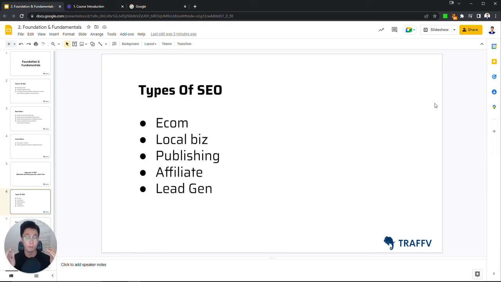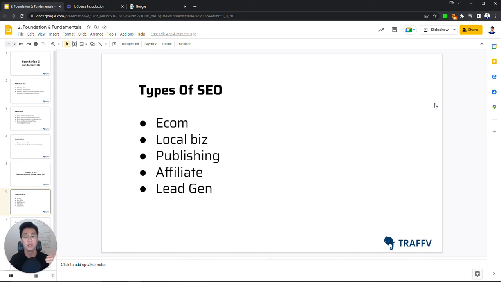Okay, for publishing websites, if you come across sites like news sites, for example, like Straits Times or any kind of news sites where they are basically just publishing content, these belong to a publishing type of search engine optimization. So if you have a website where you're just publishing different kinds of content, then you belong to this category. The main priority here will depend on